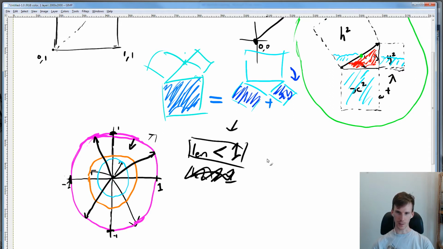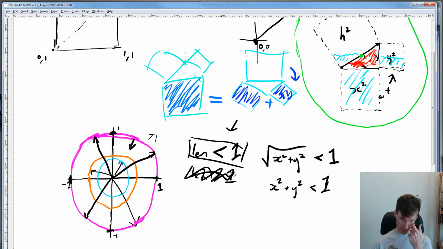We're going to focus on vectors of length less than 1. So what I'm drawing here is every vector of the form the square root of x squared plus y squared is less than 1, which gives us all of the vectors inside that circle. We can further remove the square root sign by squaring the opposite side, and 1 squared is 1, so we can say less than radius squared.